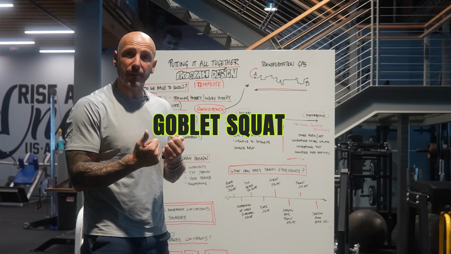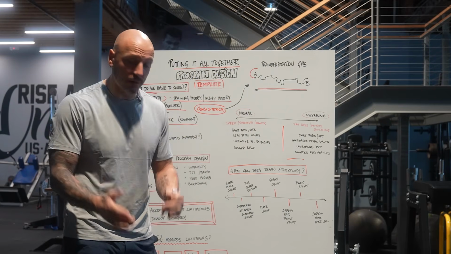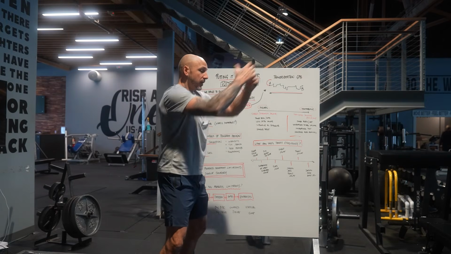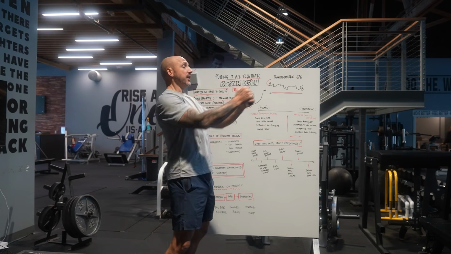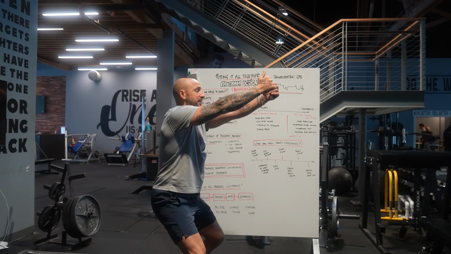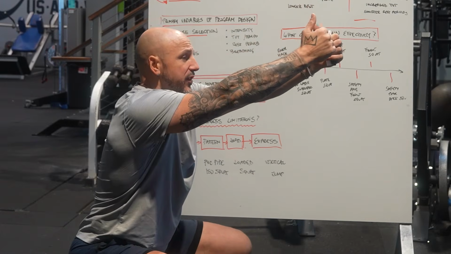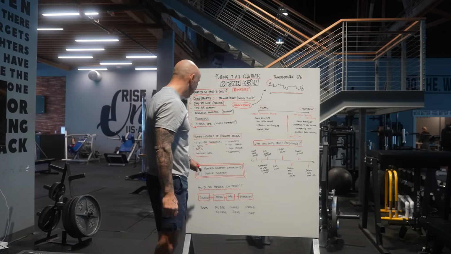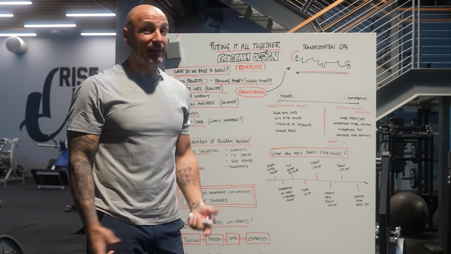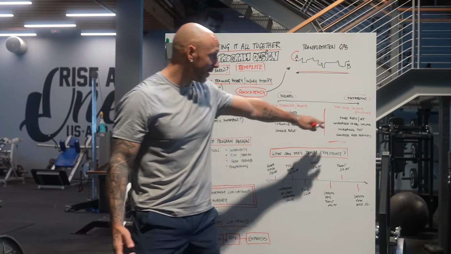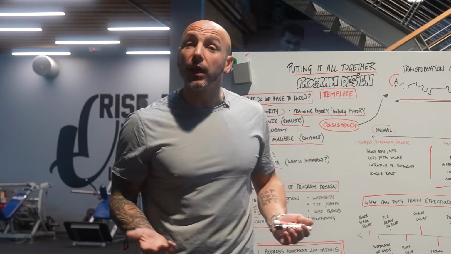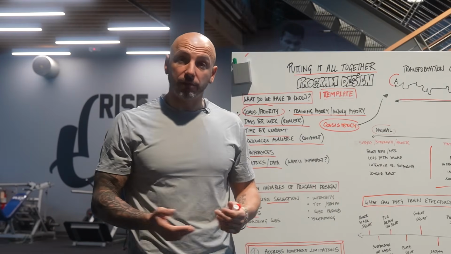But a goblet squat might be a goal. By the way, she might be such a beginner that we're going to put her on a wedge, have her hold a TRX with a reach, right? So it takes her out of extension. She's reaching with the TRX, got some support, and now she can stay upright with support, wedged up. And now, guess what? We addressed movement limitations, and 8 to 10 reps for Susie on that is going to be tough. She's here, right? Metabolic end of the spectrum. And then she's going to do a TRX row. And that's going to be tough, right?